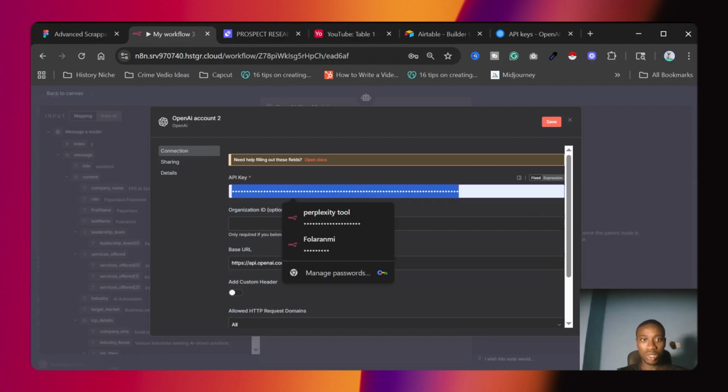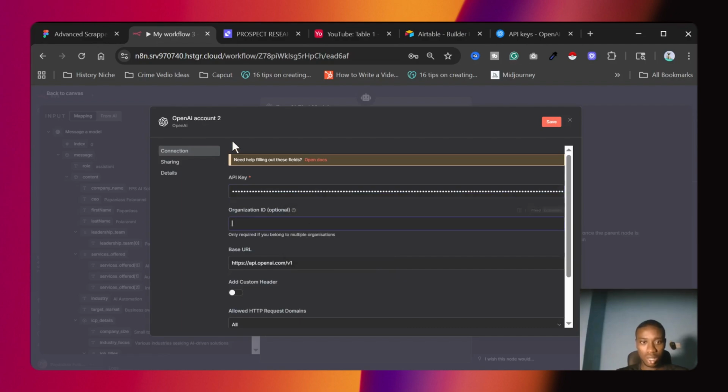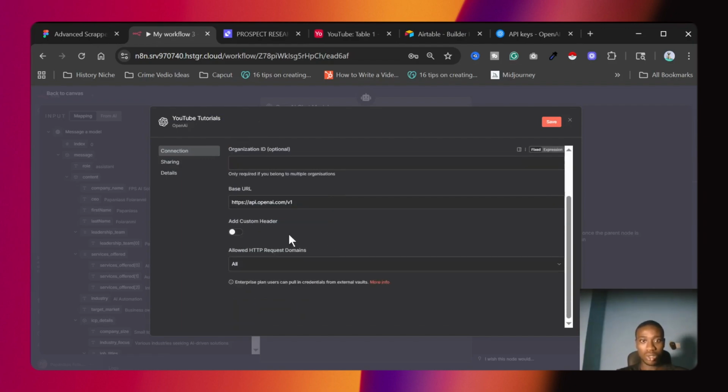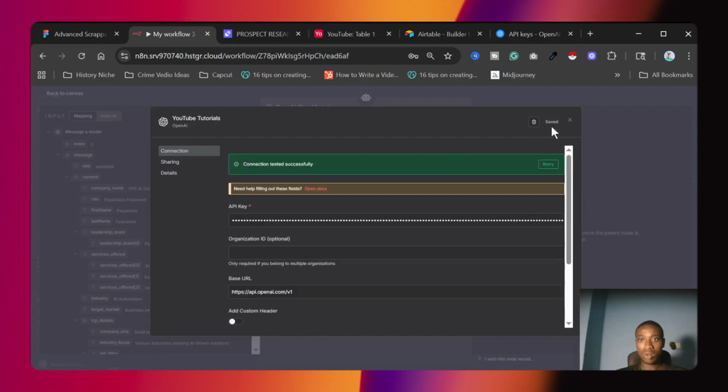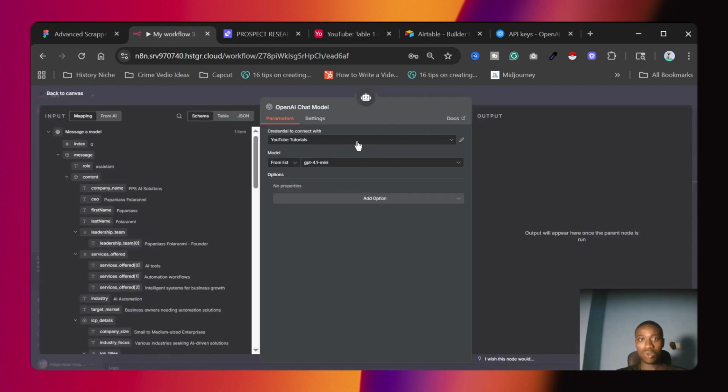That organizational ID, that's optional, as you can see. So organization, you can see when you require them, you belong to multiple organizations. So then click on save. Then it's saved like that. You can see. So from now on, you'll be able to use it directly inside of your anything.